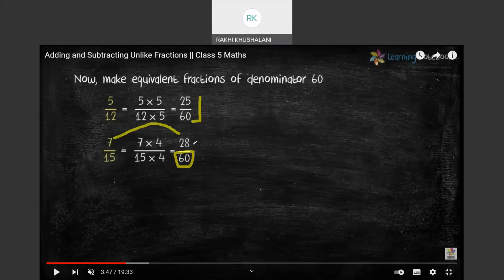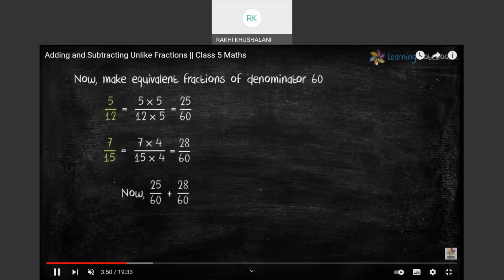28 divided by 4 gives me 7. 60 divided by 4 gives me 15. 25 divided by 5 gives me 5. And 60 divided by 5 gives me 12. So I just got equivalent fractions and then I should add them